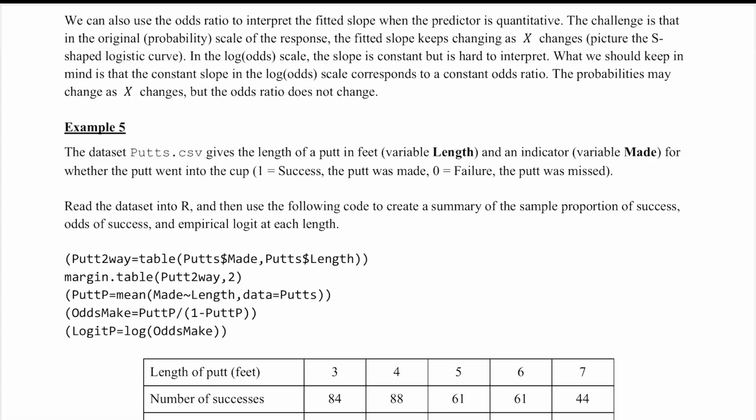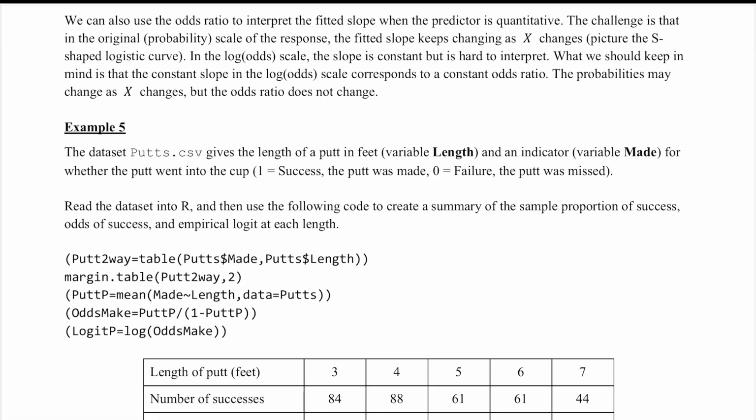We can also use the odds ratio to interpret that fitted slope if our predictor is quantitative. The thing is, it's a little bit challenging because if we're in the original probability scale in our response variable, you picture that S-shaped logistic curve. As we move along the horizontal axis, as the x changes, the slope of that curve changes as well. If we're in the log odds scale, then we have a linear function,